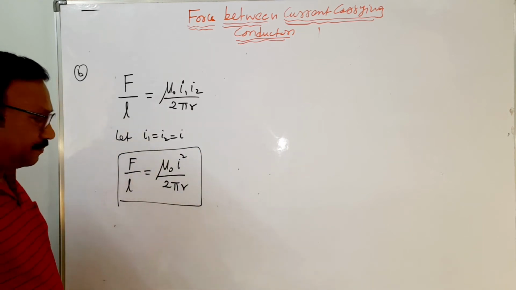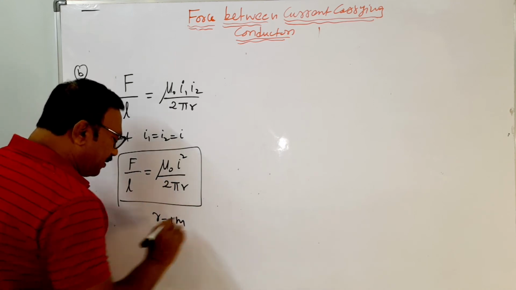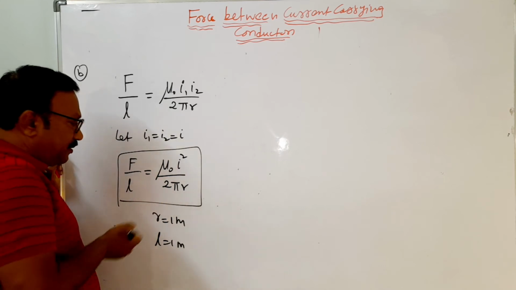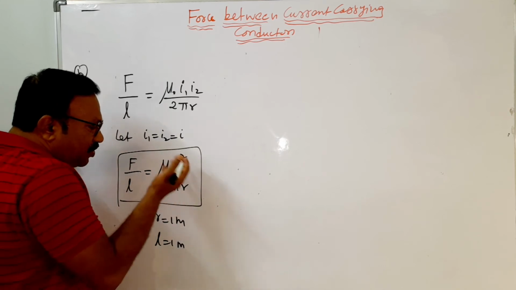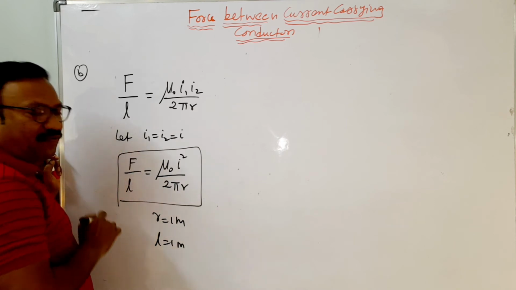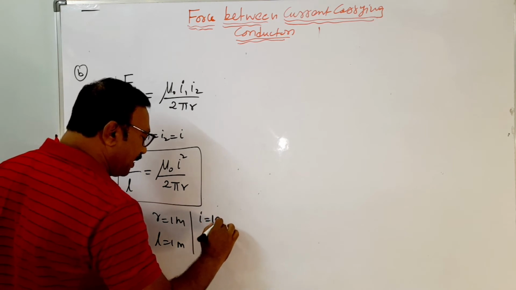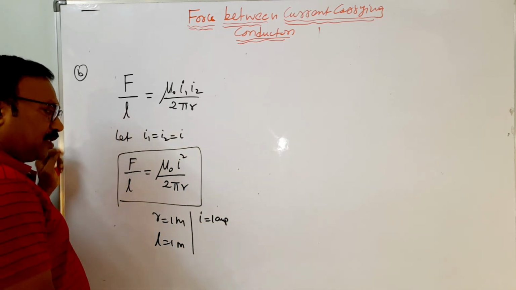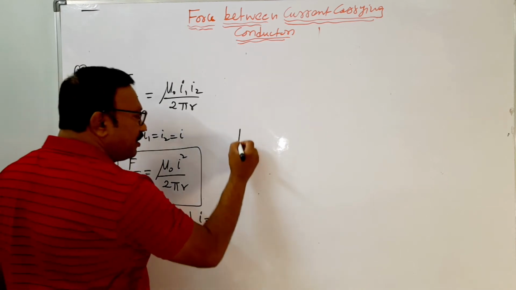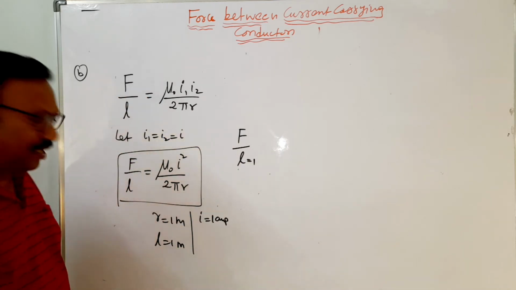Now I do one thing. I will take r is equal to 1 meter and L is equal to 1 meter, right? Then what happens to the I value? Then I will take 1 ampere. I1 and I2 are equal, no? That also I take 1 ampere. So I is 1, r is 1, L is 1. Anyhow, you are calculating force per unit length only. So the force per 1 meter of the wire, okay? L is equal to 1, no?